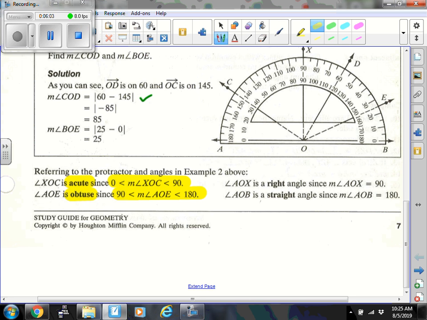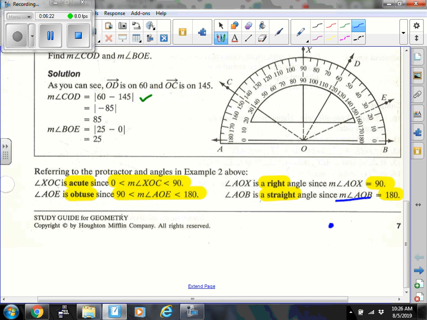And the next one you're probably most familiar with. A right angle has to equal 90. And a straight angle is really a line, okay, because it has 180 degrees. Just so you know what that looks like,